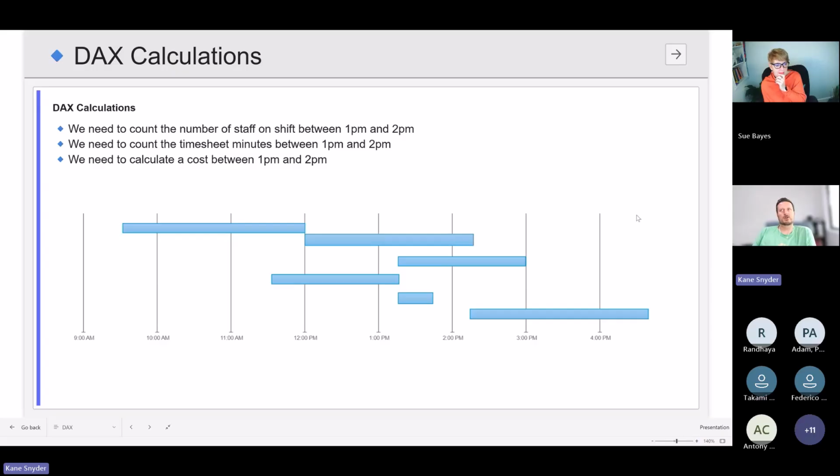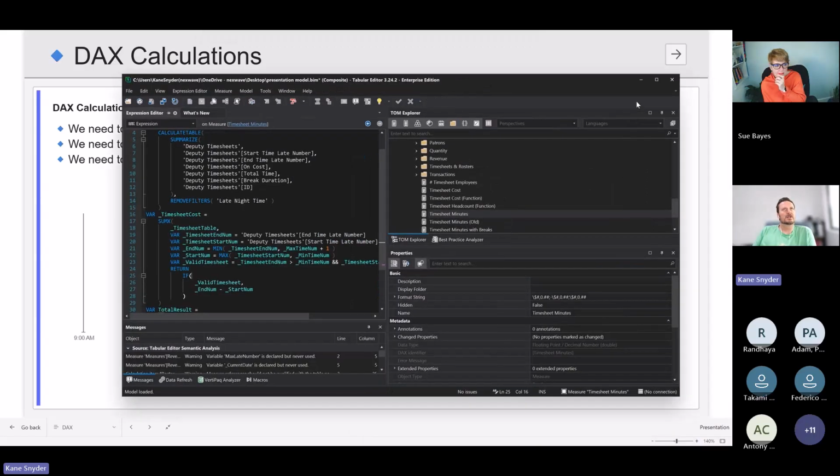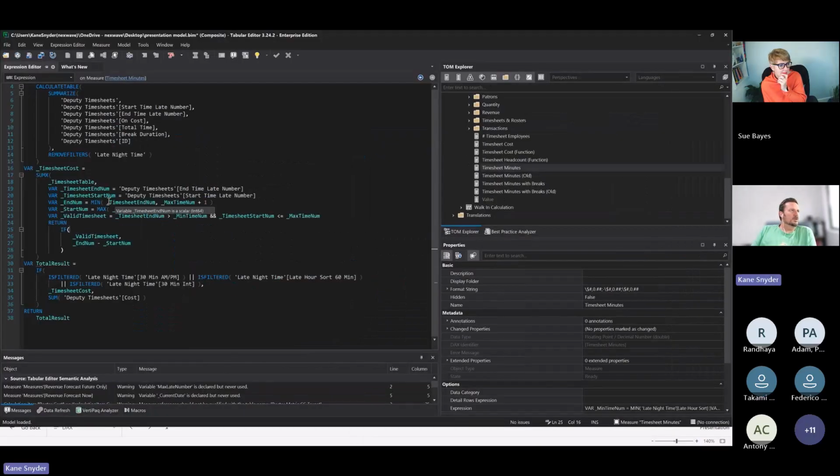If you use min and max with 2 parameters like we have here, it'll give you which one is smaller. So we're saying what's smaller? Is it the timesheet end that comes first or the end of the filter context? And then we're doing the same for the start. What's higher? Is it the start of the timesheet, or the start of the filter context?